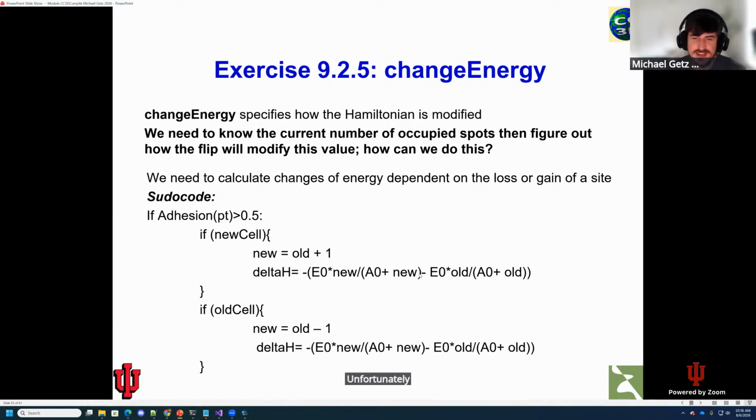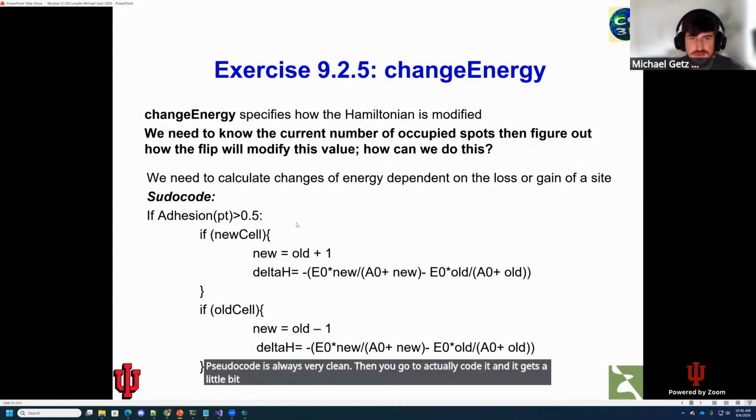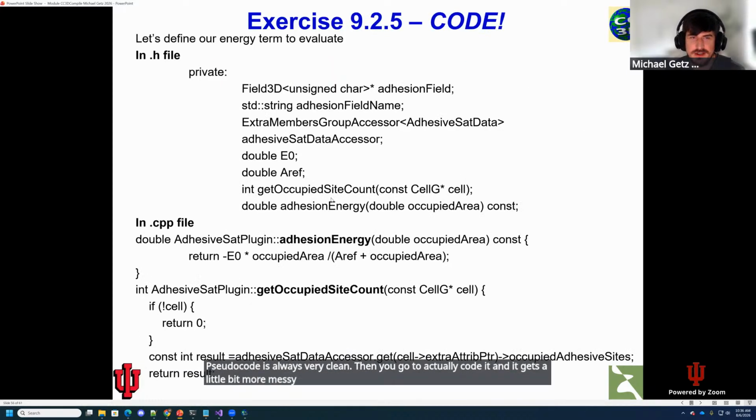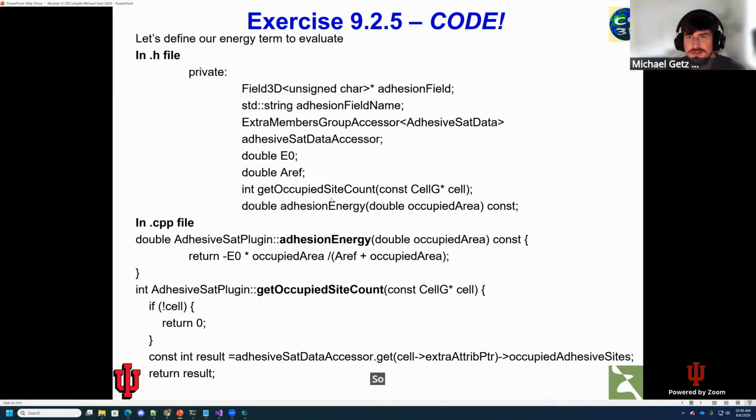Unfortunately, pseudocode's always very clean. Then you go to actually code it, and it gets a little bit more messy, right? So when we start to think about the code, we need to define a lot of things, right? So we need it to understand that there is this adhesion field, that this adhesion field has a name, and that there is a member group